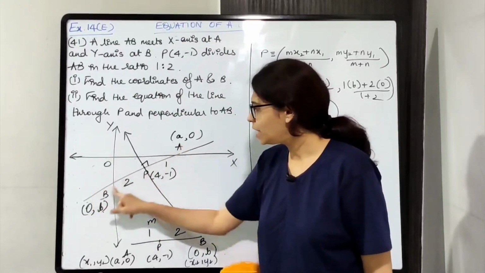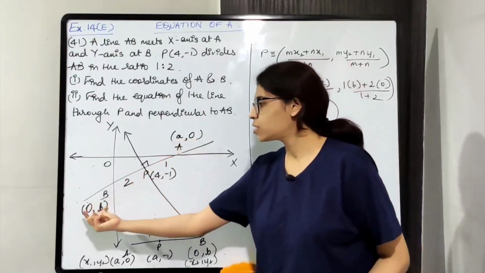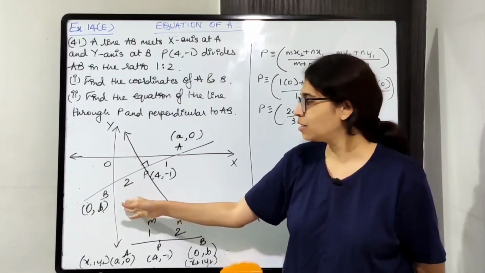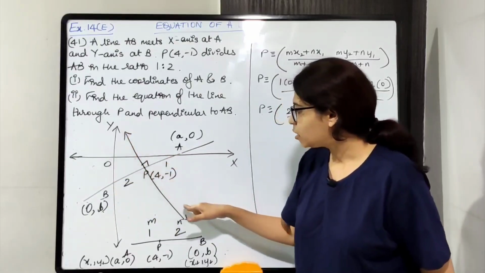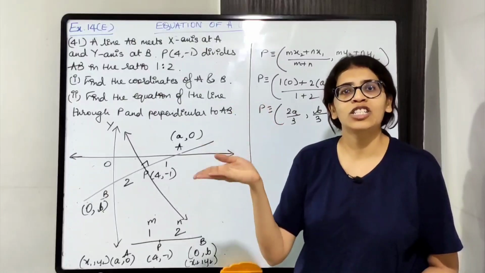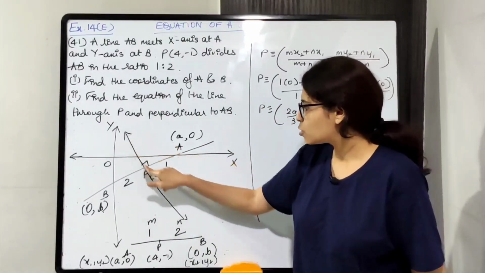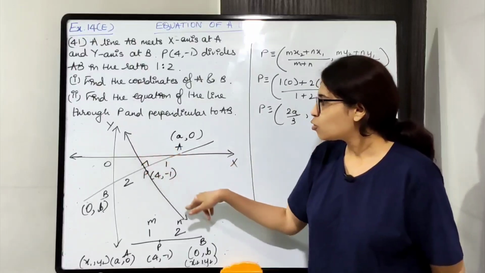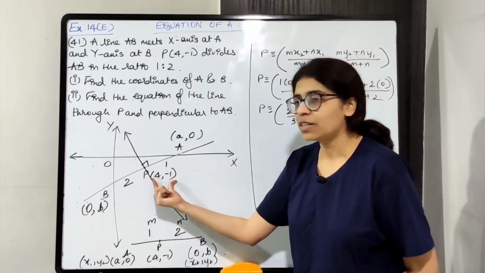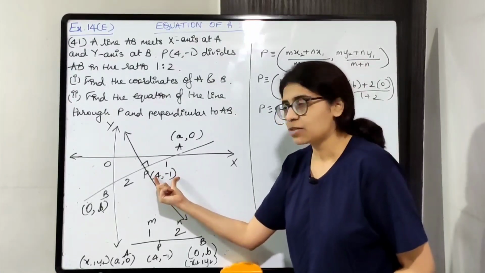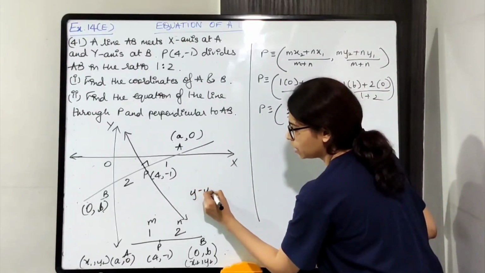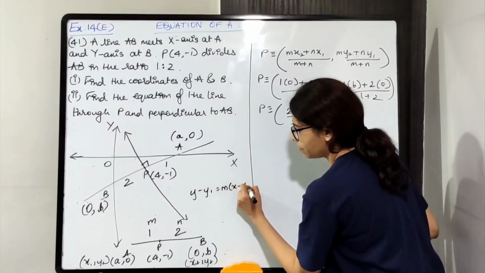Okay, so AB का slope I'll easily get because I know A का coordinates, I know B का coordinates. I'll get it in first part only. So slope मुझे easily मिल जाएगा AB का. Once I get AB का slope, ये perpendicular line का slope negative reciprocal होगा. जो भी AB का slope होगा उसका reciprocal कर दो and change the sign. Okay, so you will get the slope of this perpendicular line. Once you get the slope of perpendicular line, we know P lies on this perpendicular line. So we know x1, y1, we know the coordinates. We have x1, y1, we have the slope. We can easily frame the equation using the formula y minus y1 equals m into x minus x1.